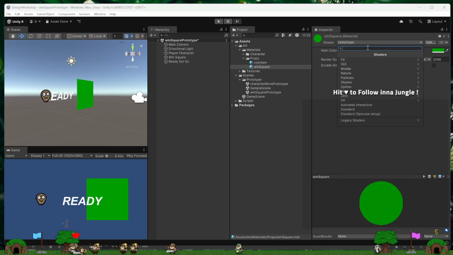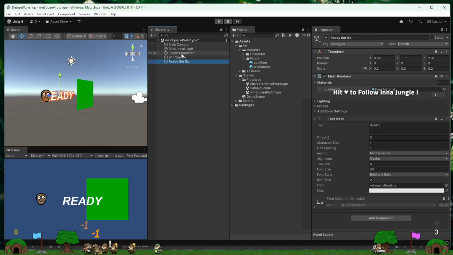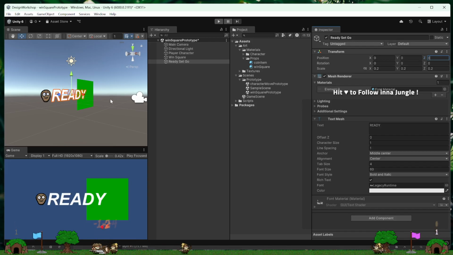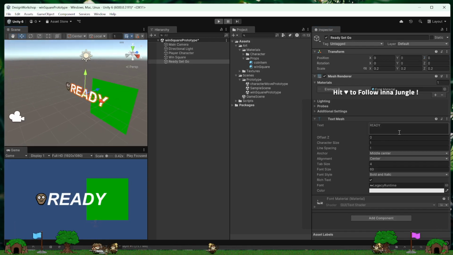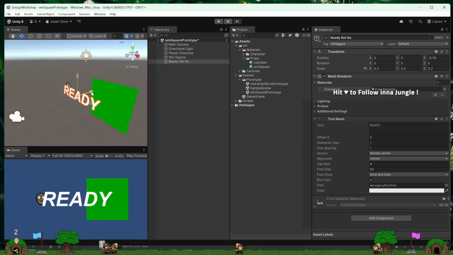I mean, I don't know what this wind square will look like, but for now, let's assume it is a temporary material. And let's further assume that maybe we don't want it to be behind. Maybe we want it to be in front, right?